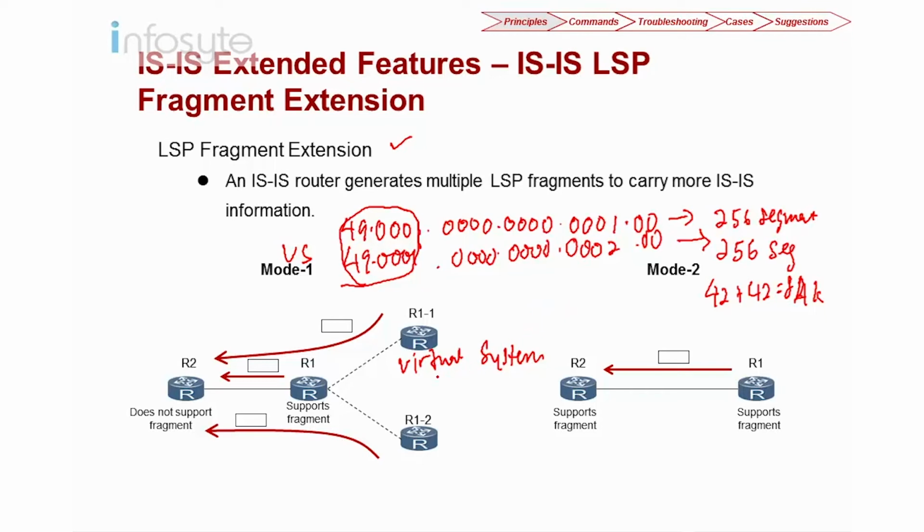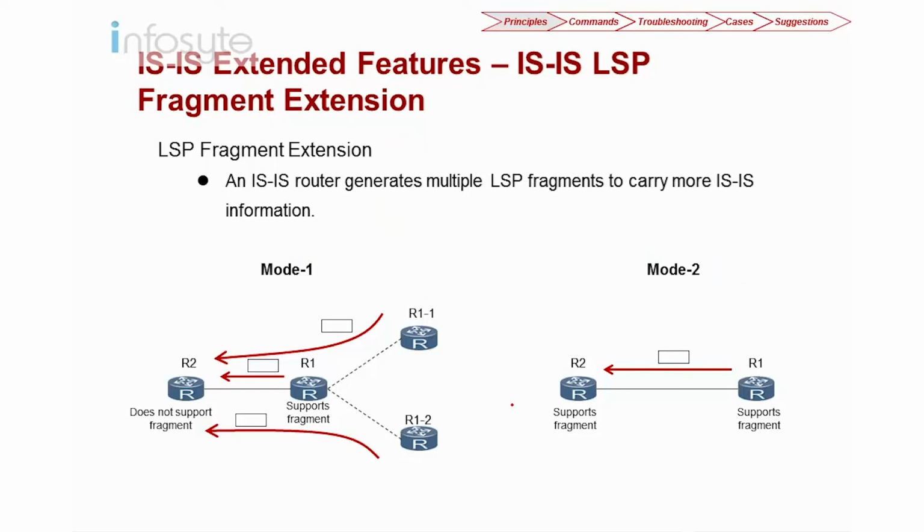So how many virtual systems can I extend? Alright, I can extend up to 50 virtual systems. Okay, so let's look into some of the configuration. Now for you to configure the Huawei router to support the extended fragment, we have two modes, namely mode number 1 and mode number 2. Now, in mode number 1, R1 has enabled fragment extension and R2 does not support fragment extension, so we call this mode 1. In mode 2, both of the routers do support the